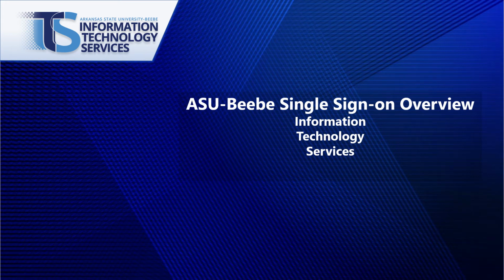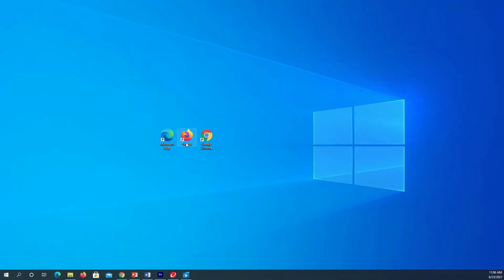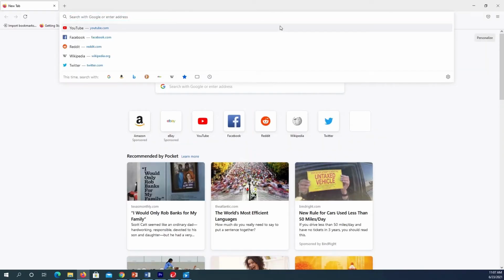This is a short overview of the ASU-Beebe Single Sign-on. With one login, you can access many important sites and resources. Let's start by opening a web browser and then typing